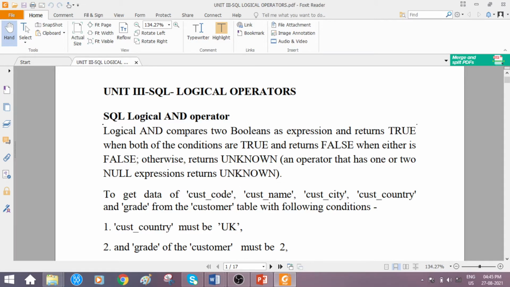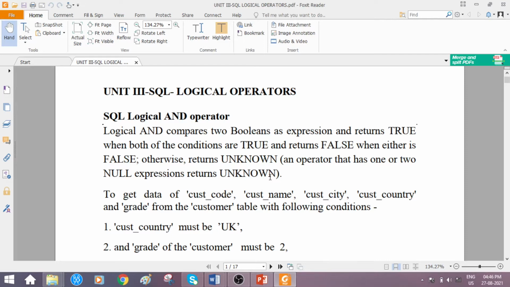Logical AND compares two Booleans as expressions and returns true when both of the conditions are true, and returns false when either is false. Otherwise, returns unknown. An operator that has one or two null expressions returns unknown. This is common information which you people have gone through with C or C++. So it is going to check the Boolean expression, right? Two Booleans as expressions.